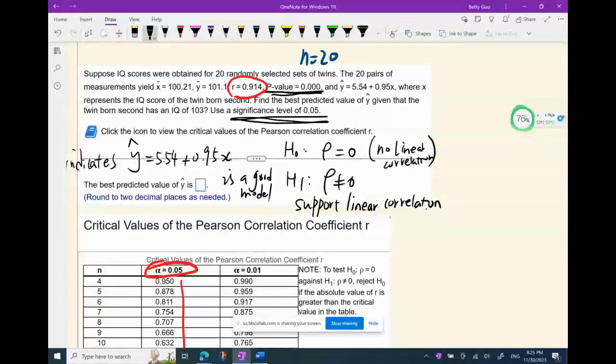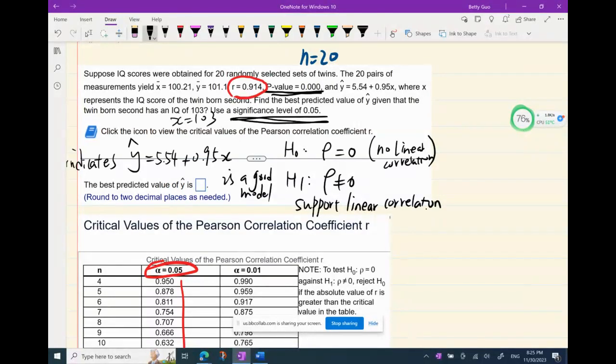Good model for what? For doing prediction. Since it's a good model, we can use this model to predict. Predict what? Predict the y value when x equals